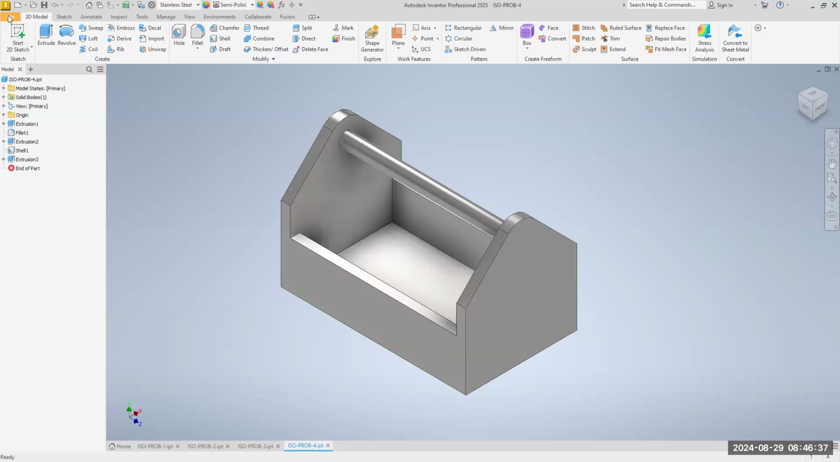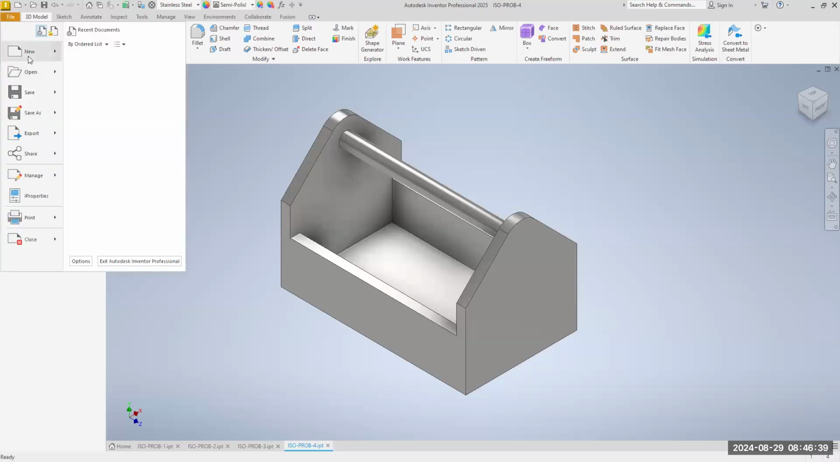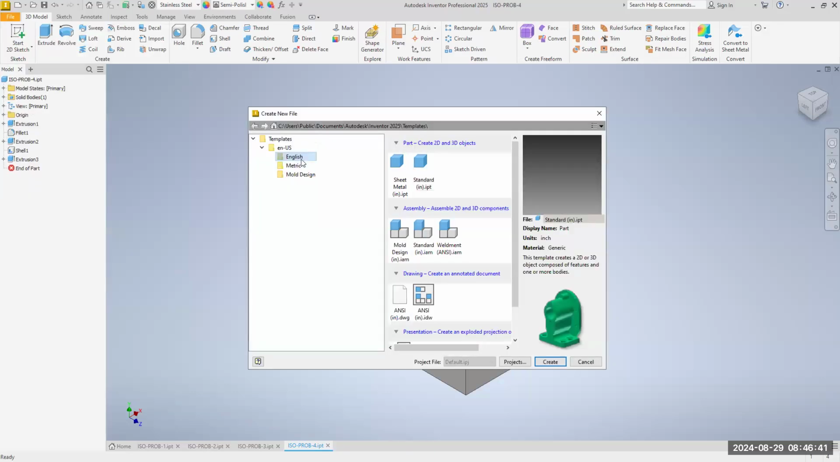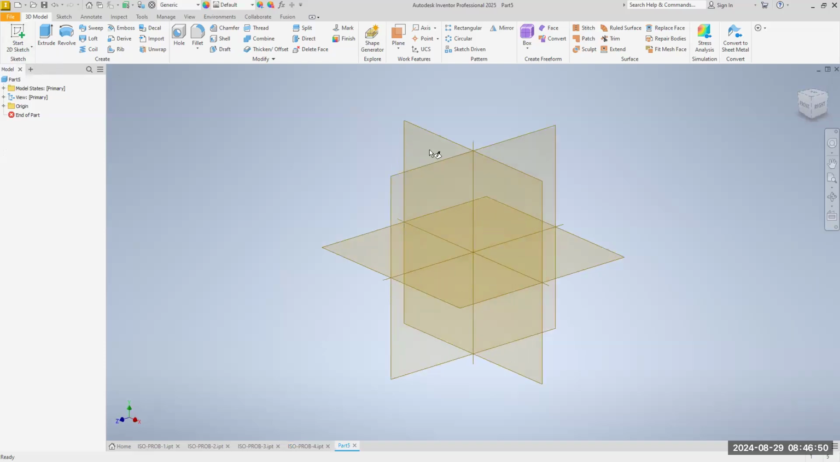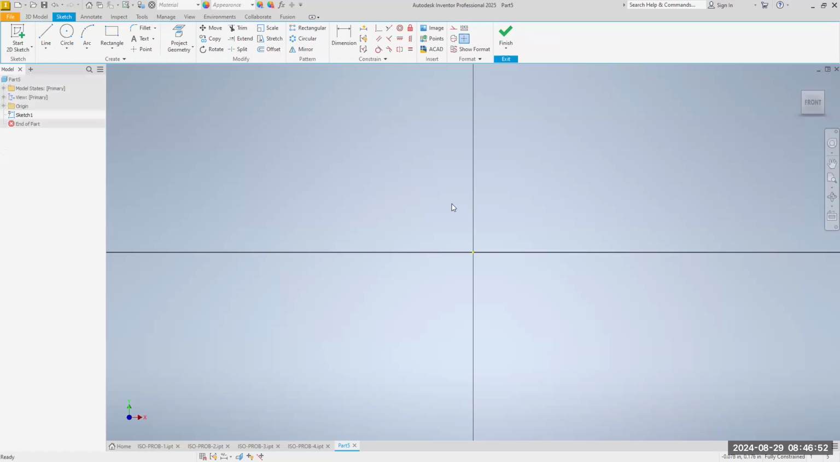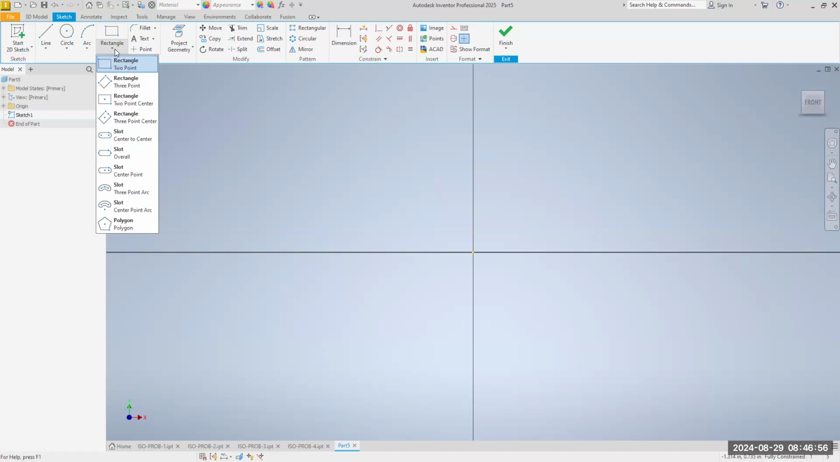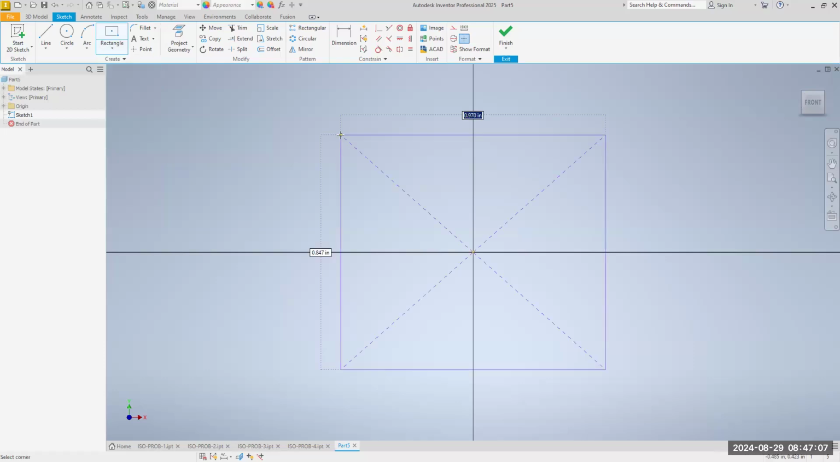So we're going to go File, New, English, Standard IPT, Create, Start 2D Sketch. Click on this face. I'm going to use rectangle this time. Watch. A rectangle 2-point center. I'm going to click right at the center, and I'm going to drag out this rectangle, and I'm going to make it, I don't know,